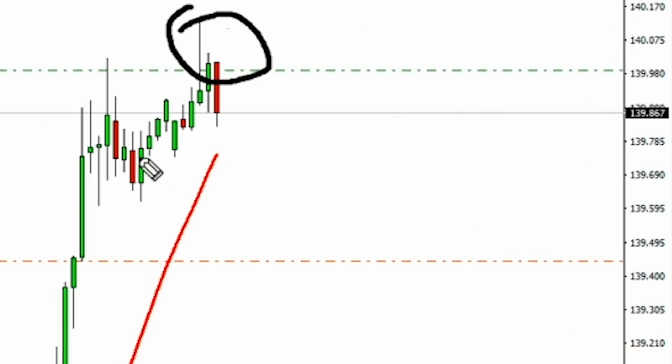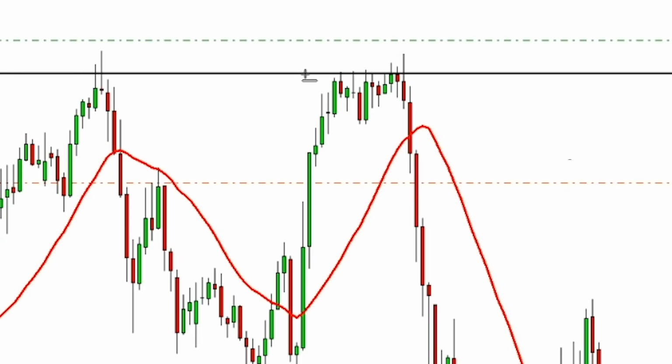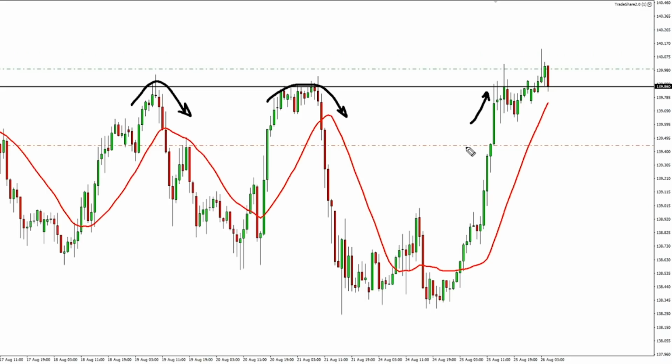I ended up taking a long position here because I liked the idea of a key break above this structure level right around here. If you notice, we had a few times where, based on the price action, which is just a reflection of what traders and investors are feeling or thinking or speculating about a particular market, price came up to this point, found resistance, and sellers basically said, yeah, this is not going any higher. And when price came up to this point again, I was looking to see,